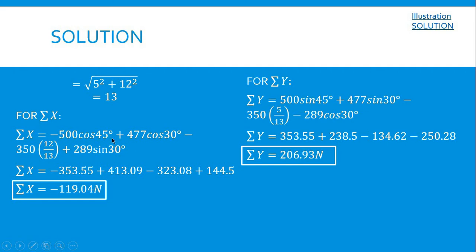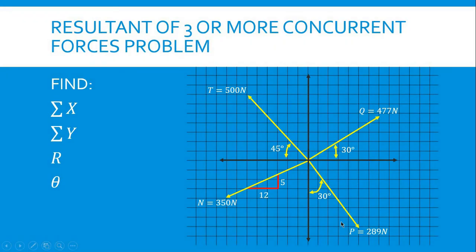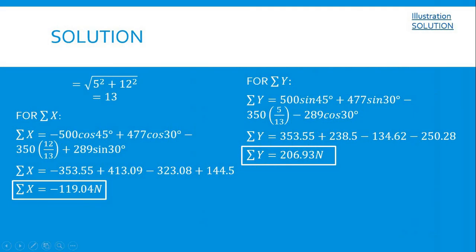Why is this sine? Because the angle of inclination in the fourth quadrant is directed along the y-axis. If you wanted to make it a cosine, you can, but you need to use the opposite angle, which is 60 degrees. Going back, the summation of x is equal to negative